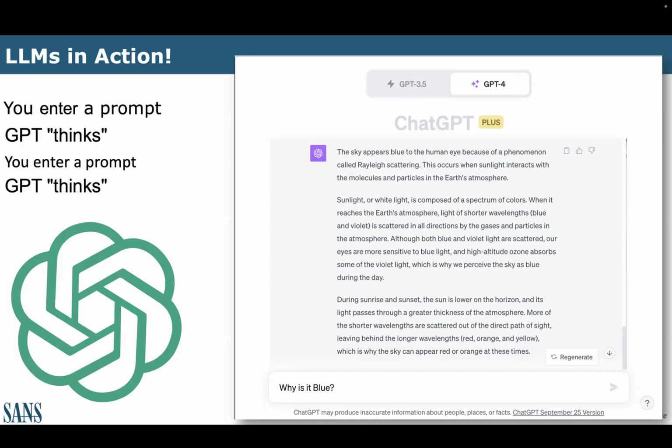So like if you put down here, after all this, explain your answer, it's going to start with what color is the sky? The sky is blue. Why is it blue? This long answer, then your next prompt, and it's going to start assembling tokens from there. That's how it works. So all of these conversational histories are part of the submission for the next answer and the next answer, until you hit a limit of how many tokens the AI can think about at one time, aka the context window, which is variable depending on model, but that's what a context window is: how many tokens can it consider before it can't consider anymore.